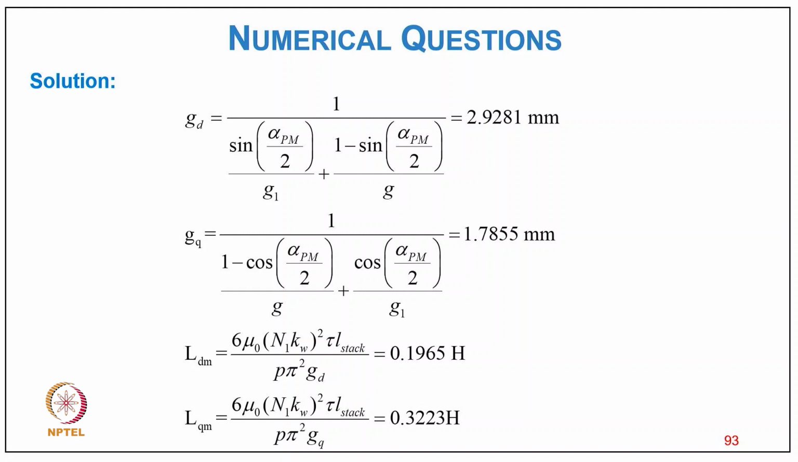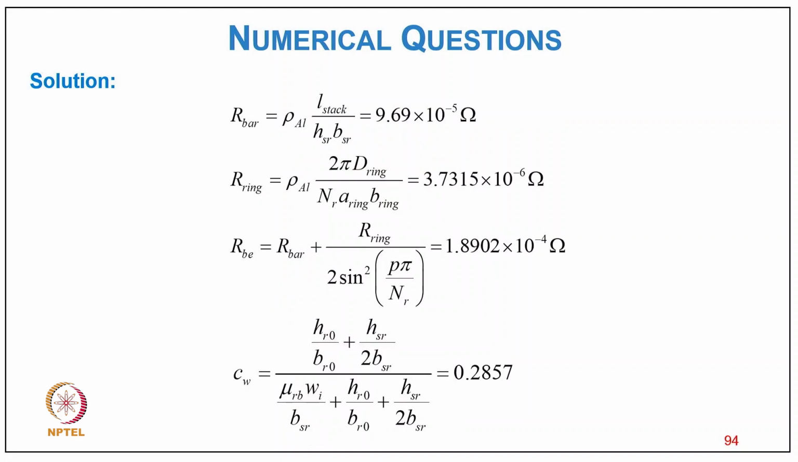And now LDM equal to 6 mu 0 W1 KW1 square tau L stack upon p pi square GD, that comes to 0.1965 Henry, and LQM equal to 6 mu 0 W1 KW square divided by pi p pi square GQ into tau into L stack, that comes to 0.3223 Henry, and R bar equal to rho A1 L stack over HSR HPR, it comes to 9.69 10 to the minus 5 ohm,